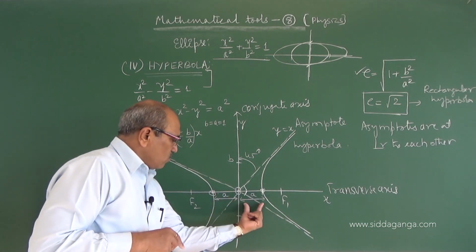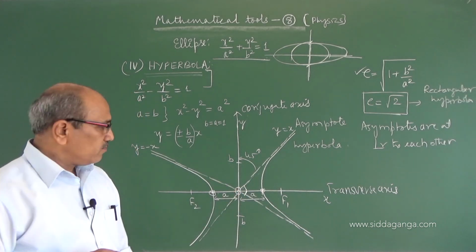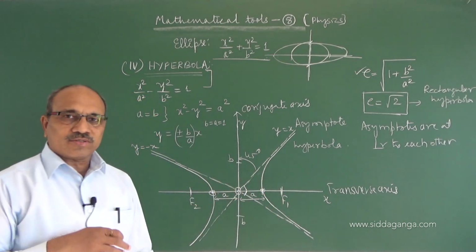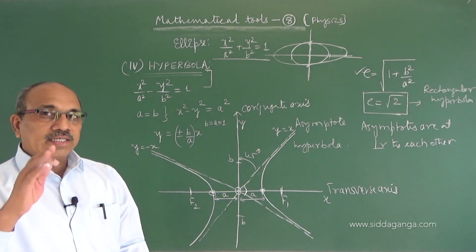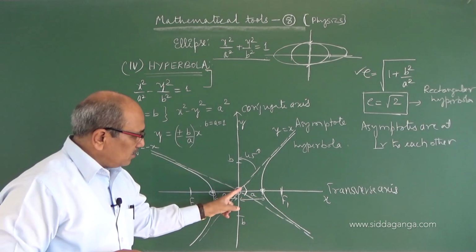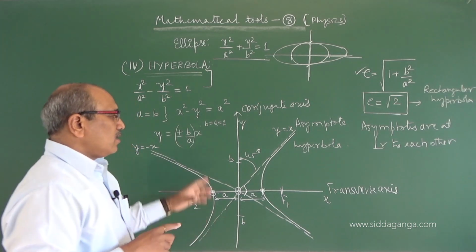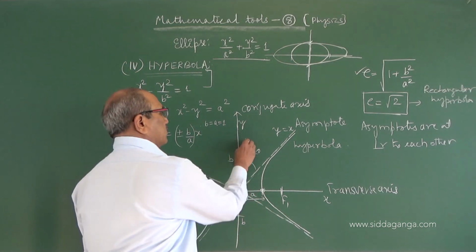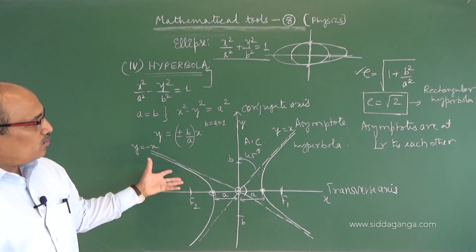So this distance we measured as a, vertex to the center of the axis. The eccentricity is required to measure this distance, in geometry you will learn all those. So the eccentricity relation is root of 1 plus b square by a square. To call it a rectangular hyperbola, a must be equal to b, where it becomes root 2. Under that condition, again the two asymptotes should be perpendicular to each other, which is the minimum condition. Now I rotate this axis by 45 degrees anti-clockwise. So I remove it. Please note down, I come to that shape.